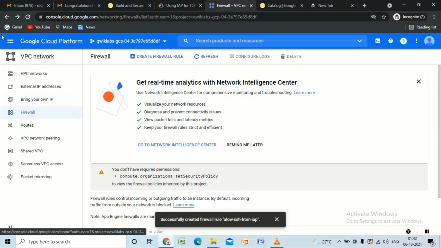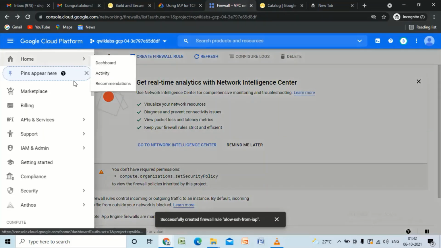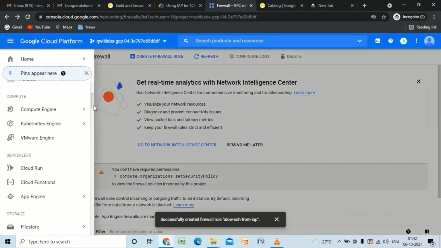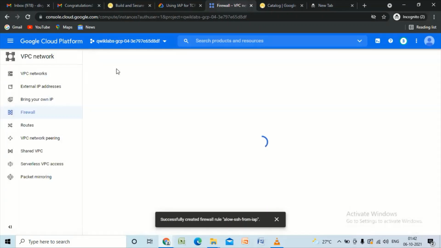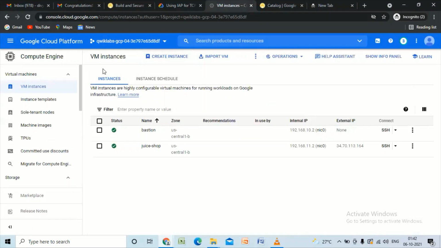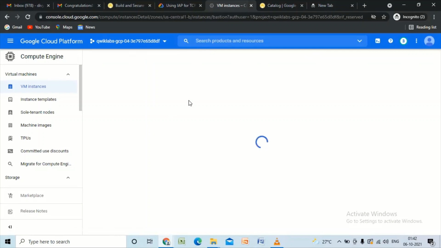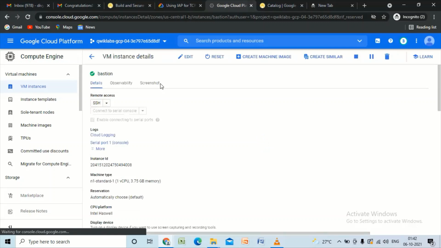It says created. After that, we need to go to Compute Engine, VM instances. Select the Bastion. Click on edit.